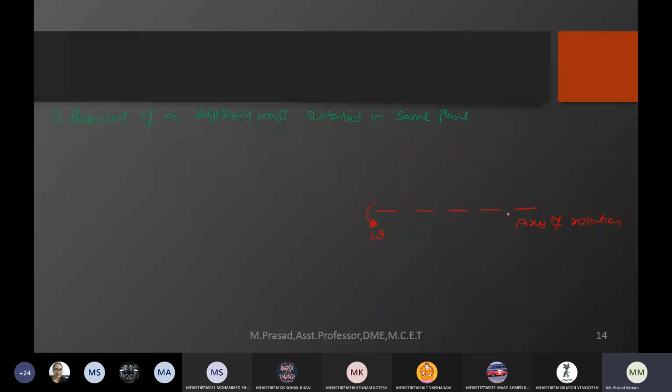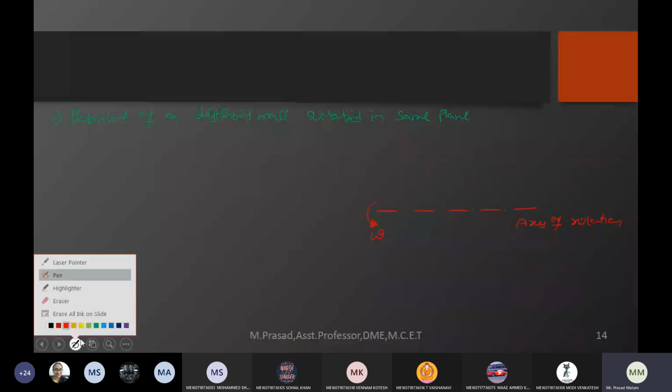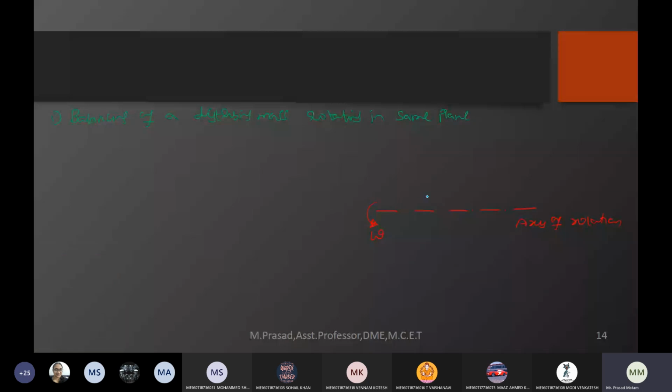Now, in this shaft, if I am not having any disturbance mass, it is in balanced condition, statically balanced. Now, what I am doing is balancing a disturbing mass rotating in the same plane. So somewhere else, I am putting my disturbance mass. Let me show the disturbance mass with my blue color. Somewhere here on the shaft axis, at radius r, let m be the disturbing mass. On the shaft axis I am having one disturbing mass which is located at radius r.